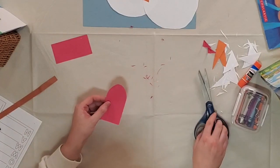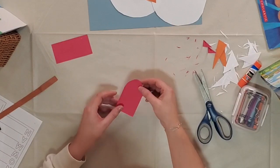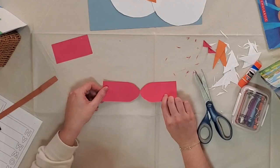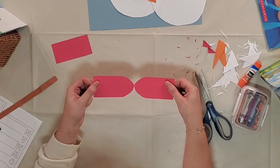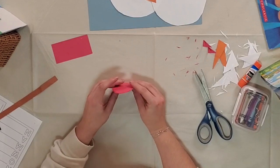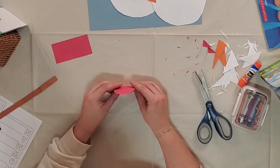All right, so it's pretty smooth now. And again, you can see how my scraps are not very big. So now if you open it, it might not be together anymore, and that's fine. Or it might be together with a really little piece. Mine's still together. If it's a really tiny piece like this, all you have to do is hold both and just gently pull, okay? So another thing you could do, you can either leave it like this, or what I